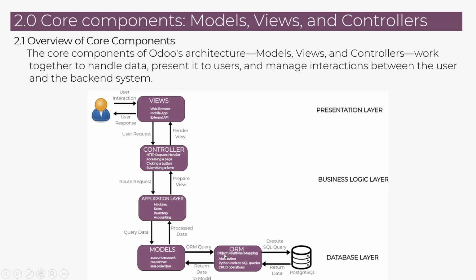And this ORM helps in the abstraction of the database, meaning the database is accessible. So Python code is written that executes SQL queries. The database then returns the data to the ORM, which returns it to the model. It processes it and sends it to the application layer. Then it goes to the controller, which renders the view, and then goes back to the user through a user